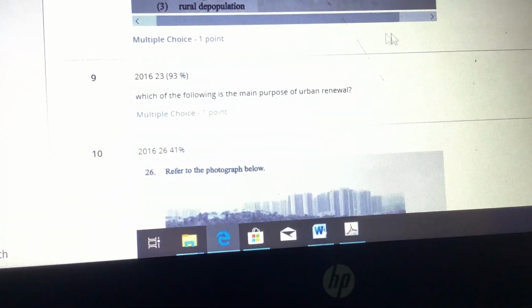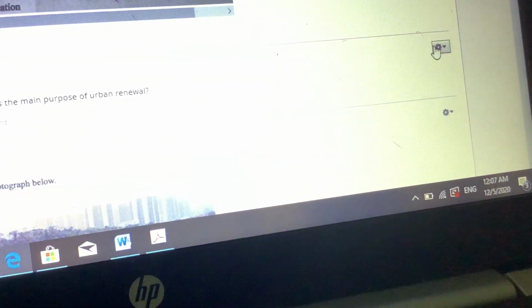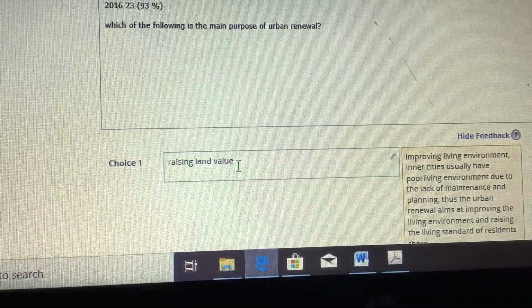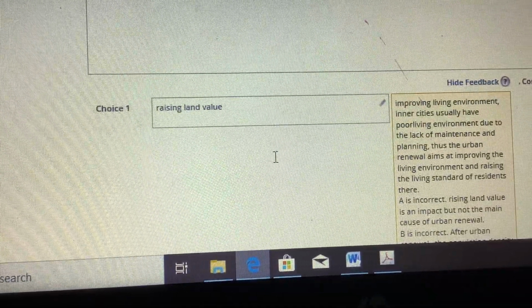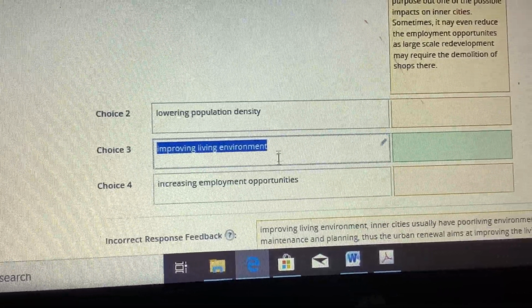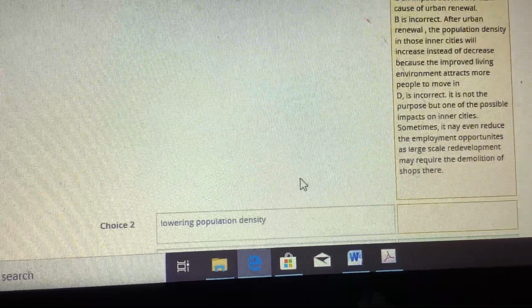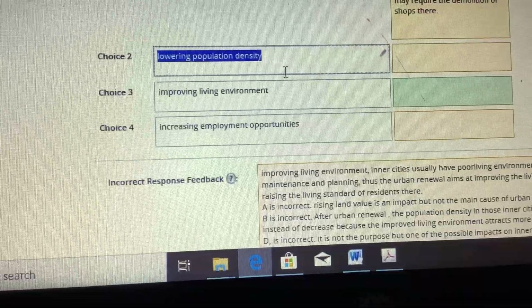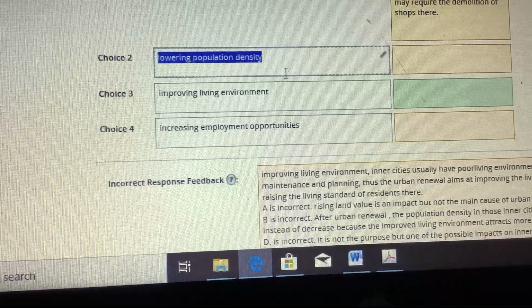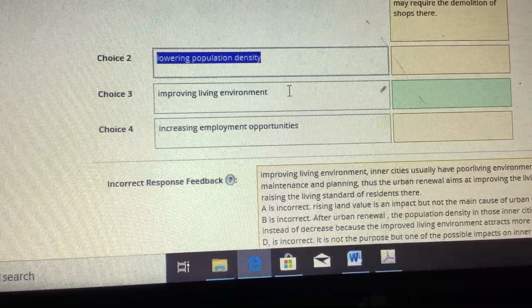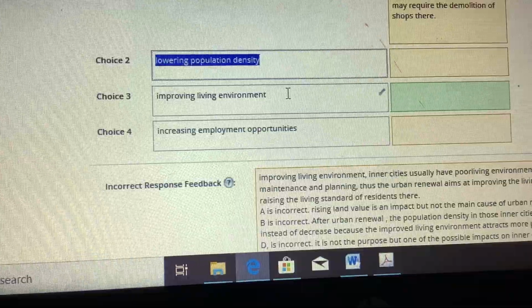Okay, next one. Wow, this one 93%. How come it's so easy? Let's check it out. Which of the following is the main purpose of urban renewal? Rising land value, maybe not really the main goal. Okay, yeah, this one, improving the living environment. Wow, it is really easy. How about the others? Lowering population density, not the case. You can find out from Uptown East and Sunshine Plaza, and also the other new buildings in Tuen Mun, that the population density is increasing by adding new buildings